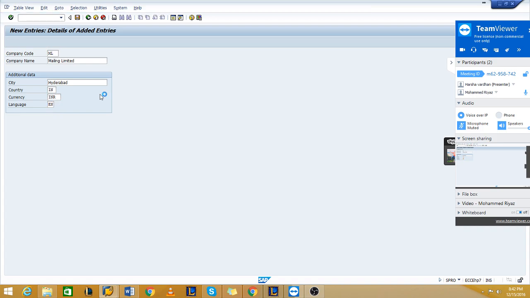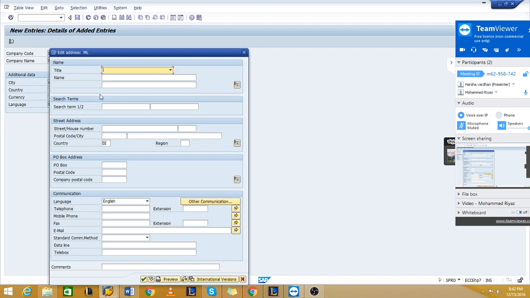Again I'm trying to save. Here it is asking for details, the company title: Mailing Limited. It is pointing out required entry fields. Street, Metro, house number.